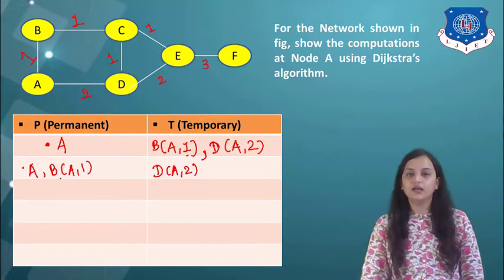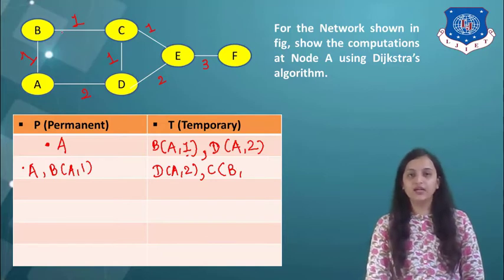Now we are at node B. So the same procedure we need to follow for node B. We need to check all the outgoing lines or connections from node B. So node B is connected to C and A. Now A is already on the permanent side, so we need to consider only the C value. Same way we need to write down the destination node C from node B with the distance 2. Remember that you don't need to write down this distance only. Always the distance is to be calculated from the root node. So from this it is 1 plus 1, 2. So it will be C, B, comma 2.